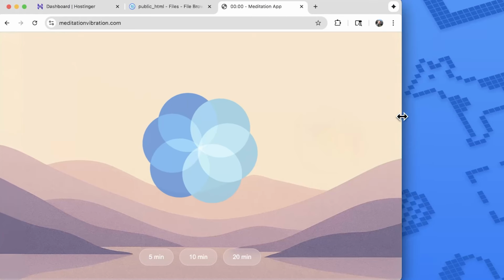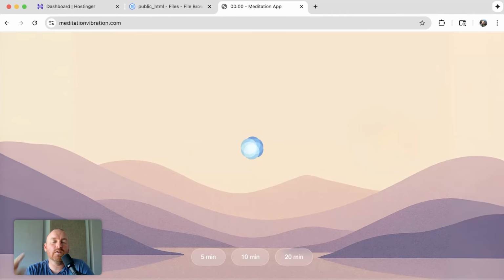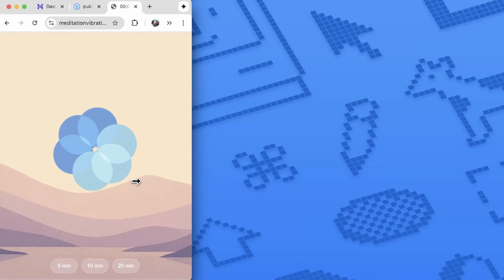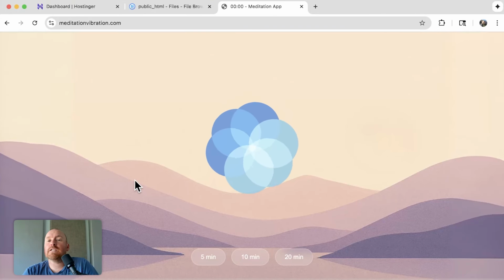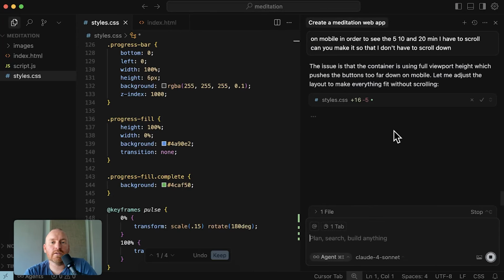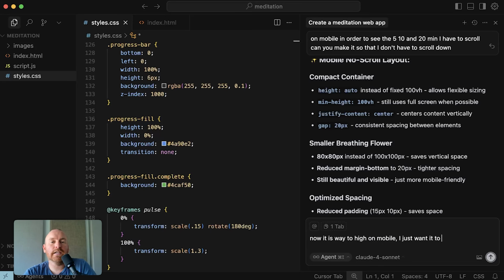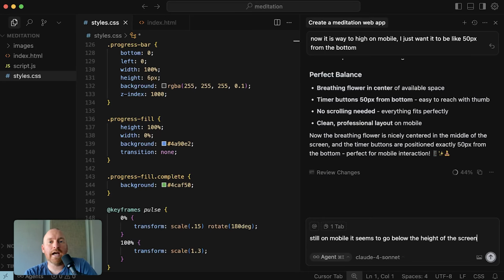I didn't think it worked perfectly because on the phone, it wasn't clearing out the new files. So I had to go incognito mode and open up a new tab, and it finally did clear out the files. But at first I thought it wasn't working because it wasn't clearing out the files properly. So I kept on prompting it saying it's not working. All the buttons are still going below. But I didn't realize on your phone, on Chrome, you have to open up a new incognito tab and then